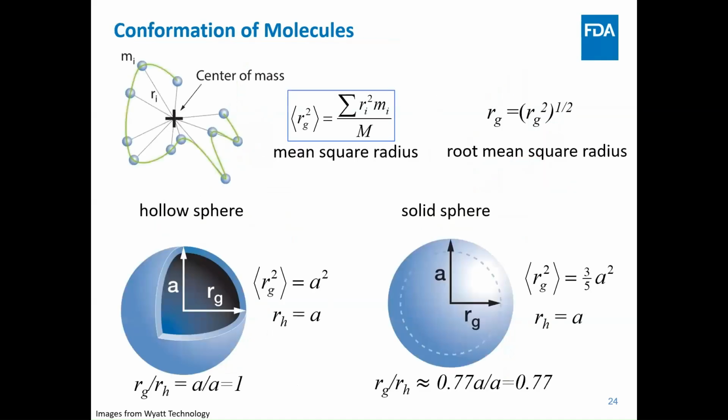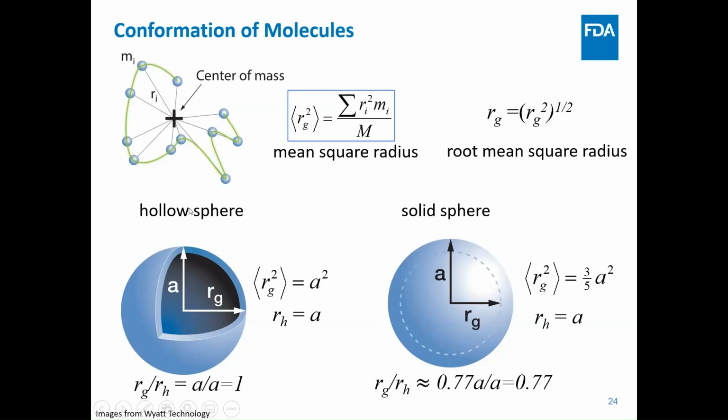So here is a little bit more information regarding the RMS size. The equation in the top center is called the mean square radius. And the RMS is the root mean square radius. It's simply the square root of the mean square radius. So mean square radius actually describes the mean distance of every single atom in your particle to the center of